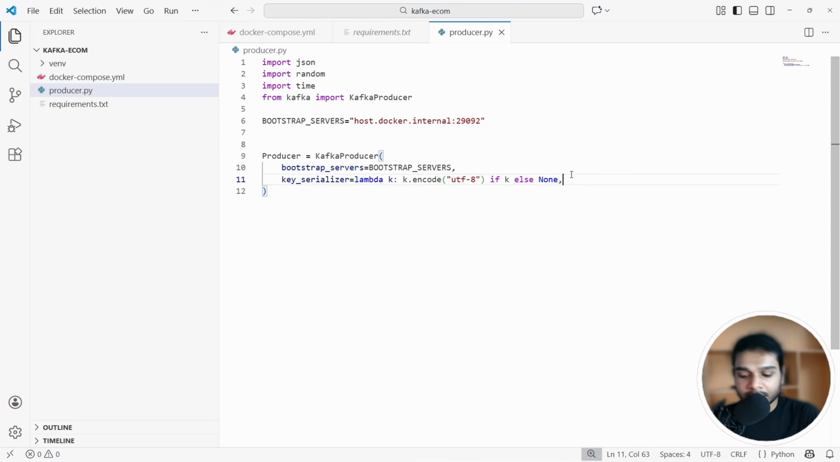Yeah, that's it. So we just say if k. We are using an if condition to check if k is not empty. If it is empty, it just says none, or else it gets encoded. That's how the logic goes here. And then if we do